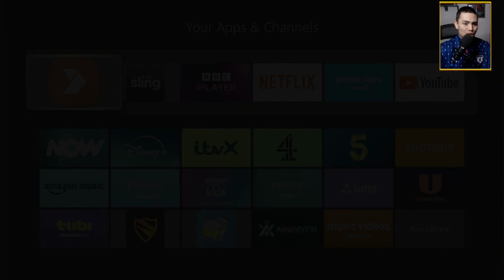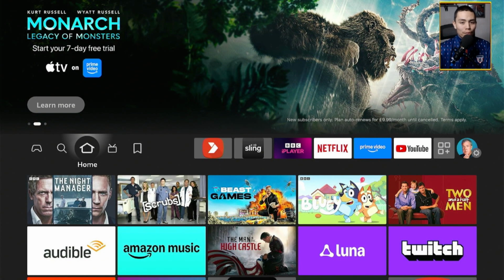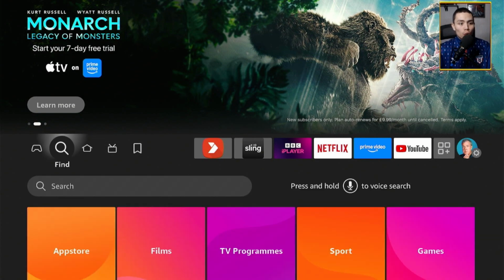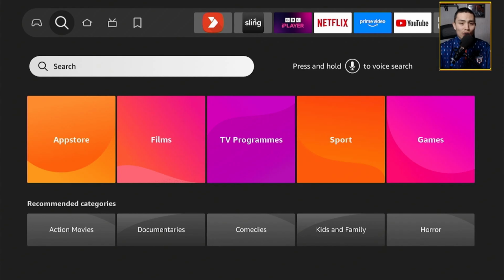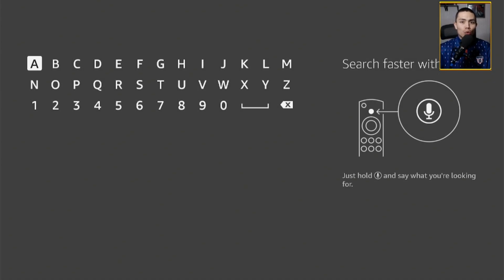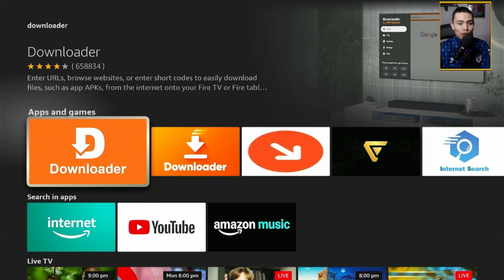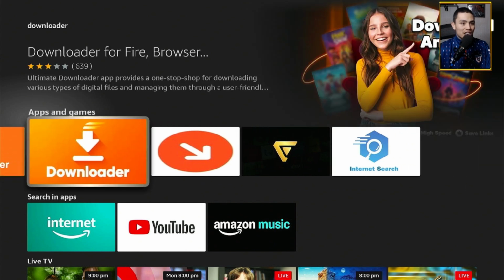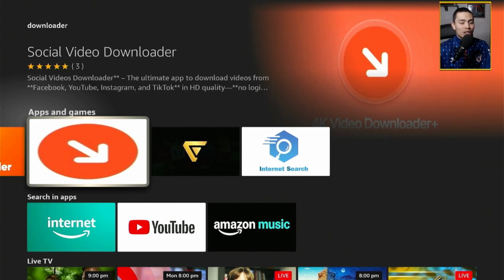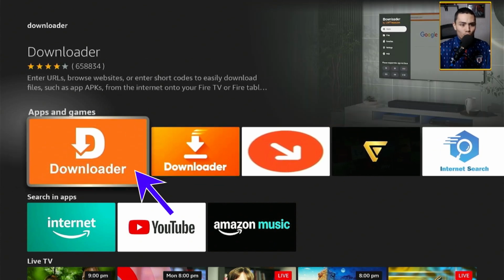So press the home button, then from the home screen just go to the magnifying glass, press down, click on search, and in search we're going to type or say downloader. Now you want to be careful here because nowadays there's fakes on there, and the fakes tend to cost money. All we want is this app right here, Downloader. So click on it,